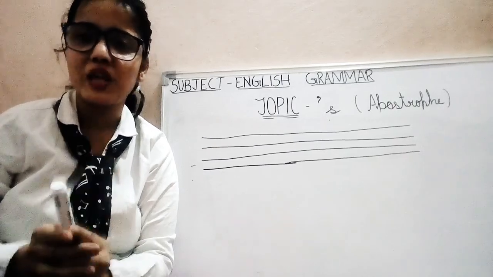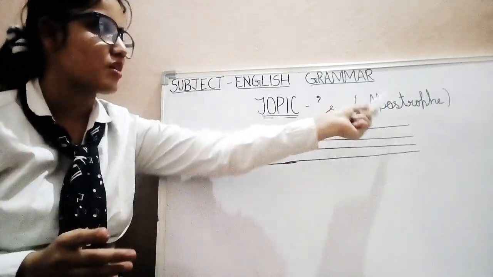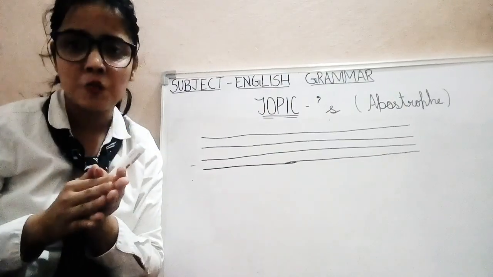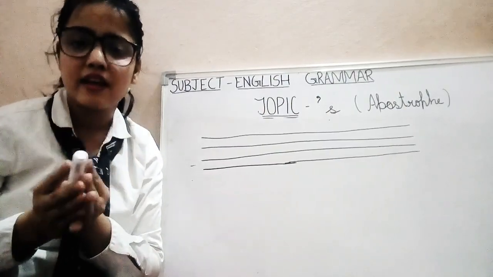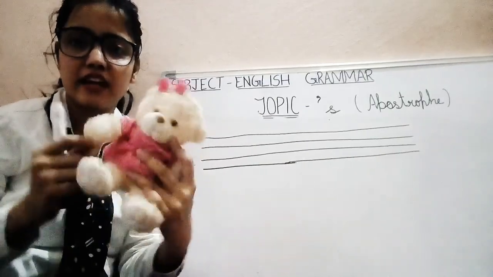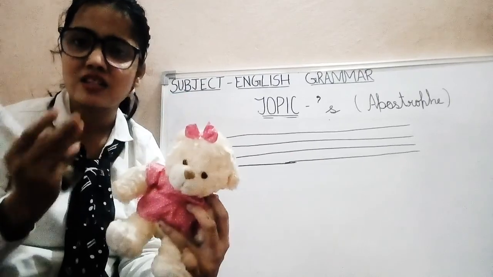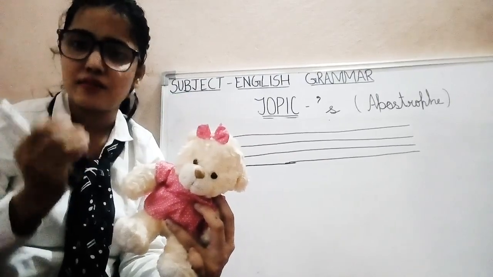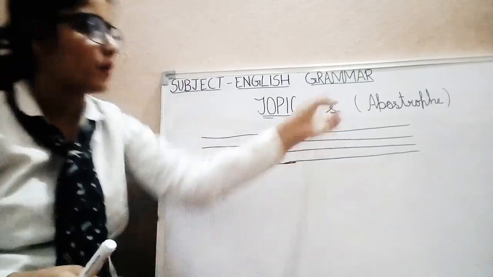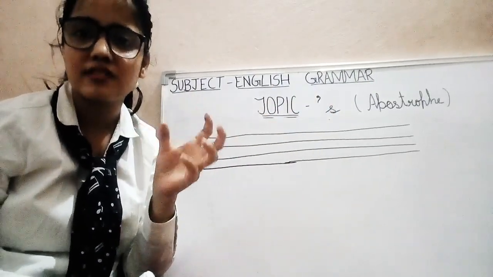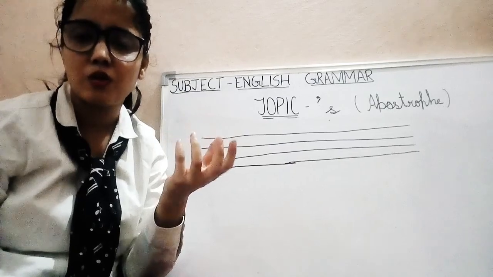In this video we are going to revise the use of apostrophe. Okay, how do we use it? We use it between two nouns to show belongingness. Like if I say the Teddy's dress or the dress of Teddy, both are the same thing, just the writing pattern is different, because by using apostrophe as a sign we can easily shorten the sentence. Okay, and it also looks good.